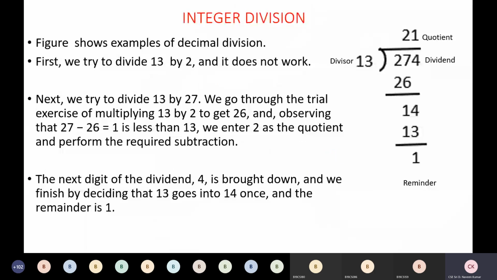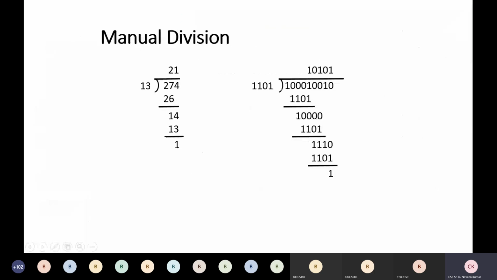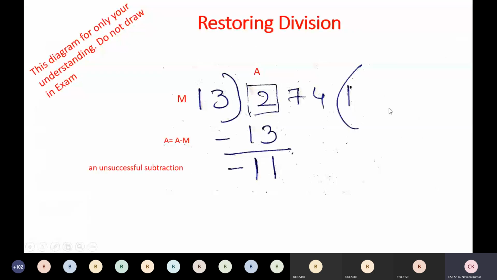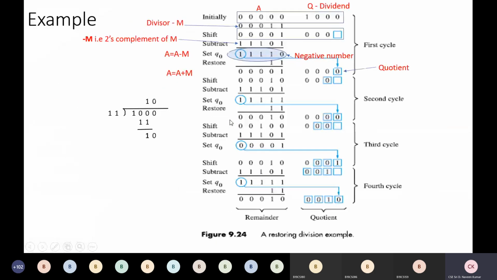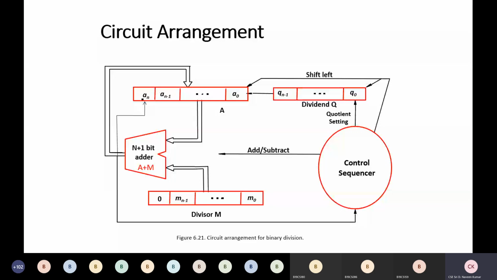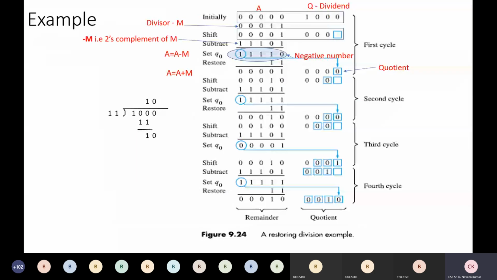So one thing is, if some mistake happened, we need to restore. So that's why we are doing A + m as the restore operation. A - m was negative because when we did the subtraction with a single number we got this negative number, and with the restore option we are getting back the 2. Okay. So we don't have this restore option in the non-restoring method. This is hardware implementation. So this is the restoring operation. So we go through this.